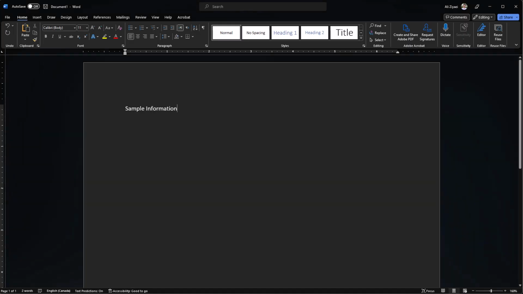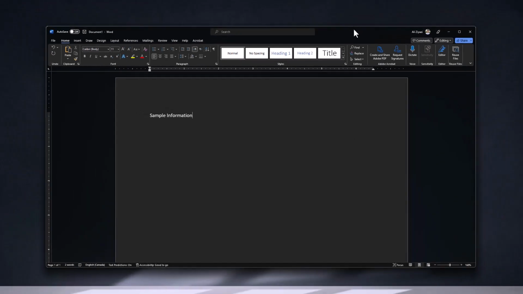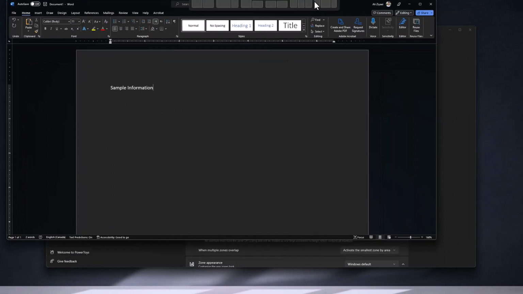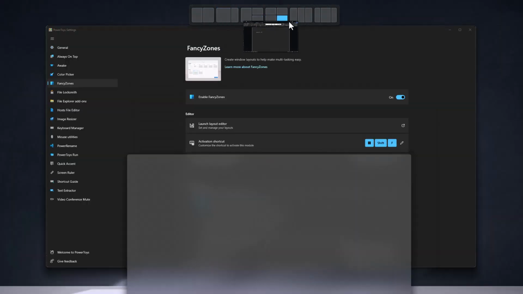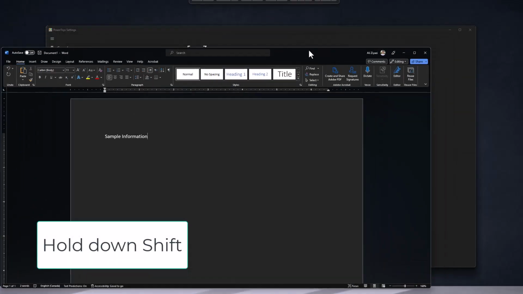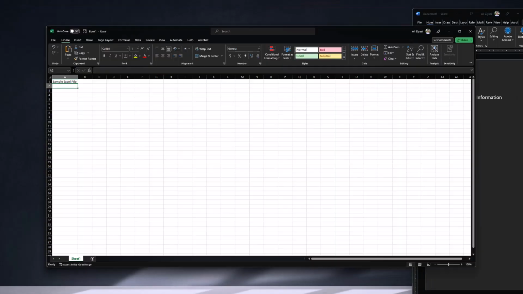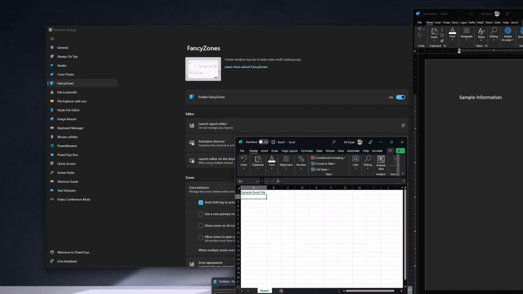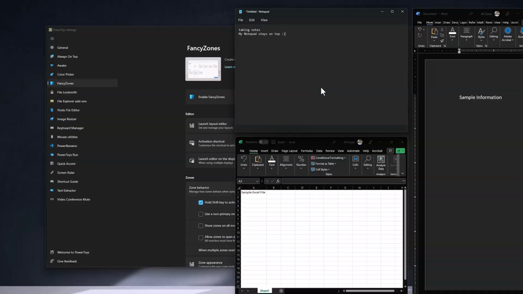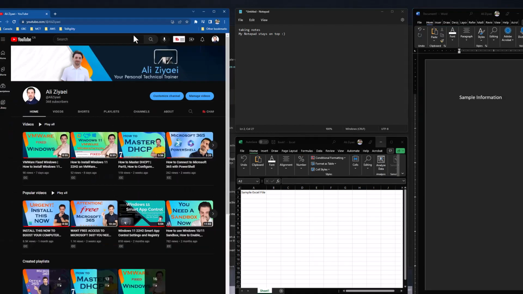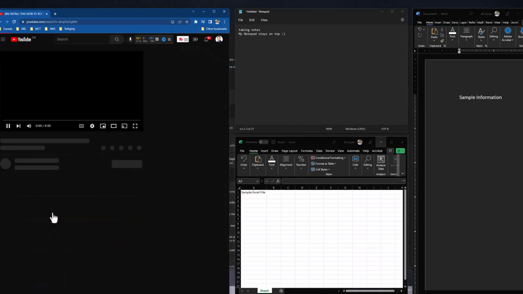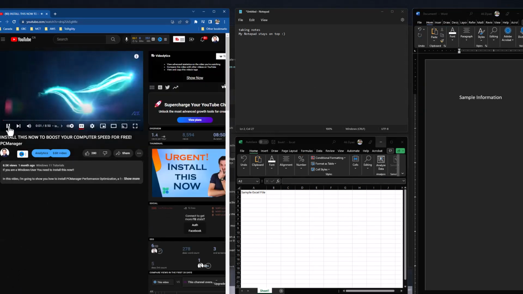When you start moving your opened application in Windows 11, you can use the predefined snap layouts available on the top of the screen. But if you would like to use your own custom defined layouts, simply hold down the Shift key when you are starting to move your application. Now you will see all your own personal zones are now available and ready to select. Drag all your applications in their desired place and enjoy your custom snap layout design.